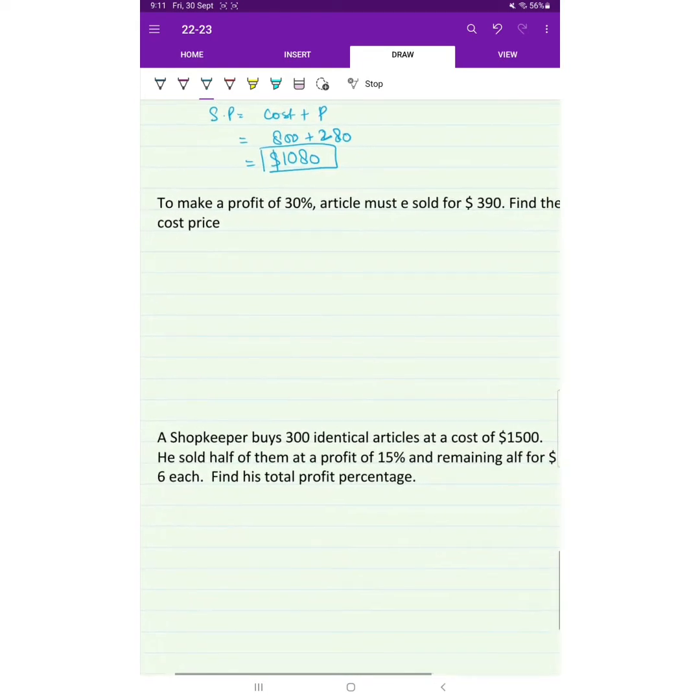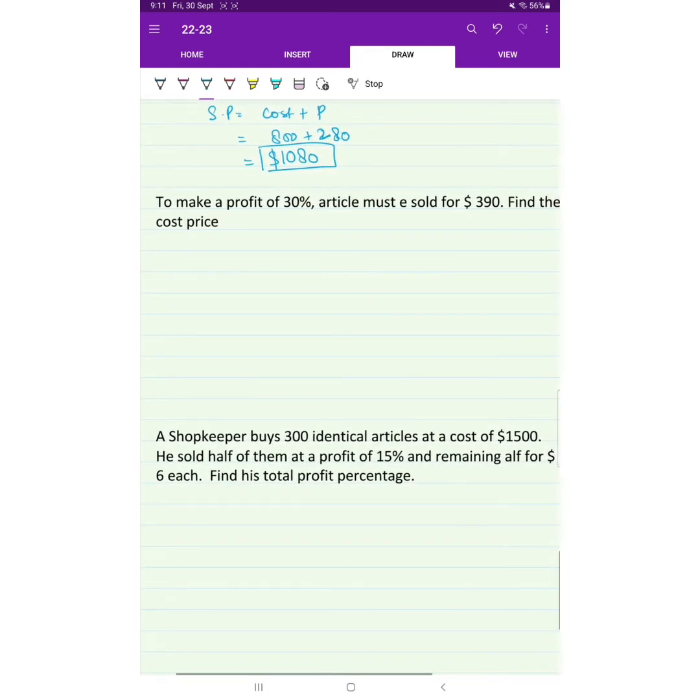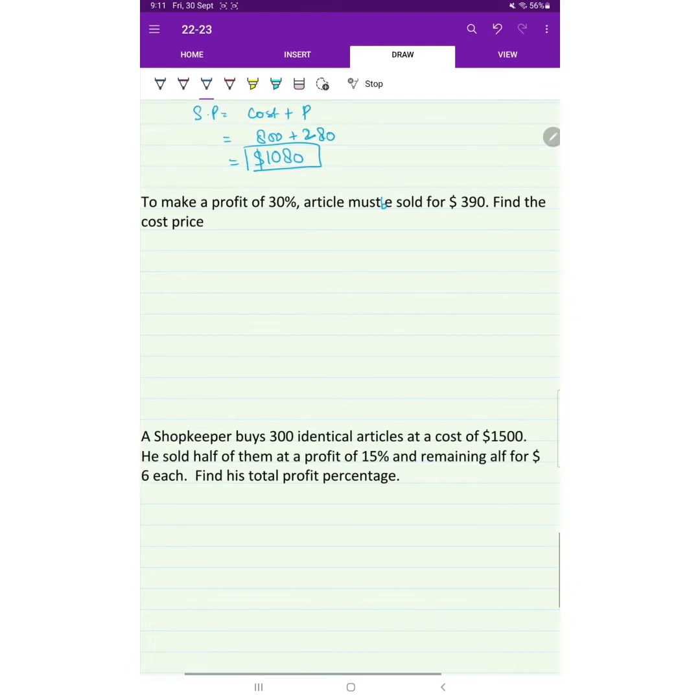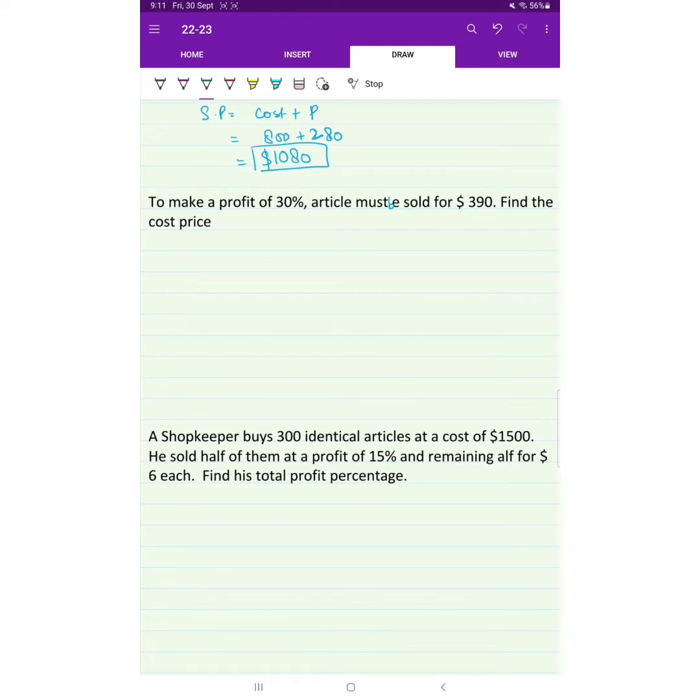It says to make a profit of 30%, the article must be sold for 390. Find the cost price. Again, they have given me the selling price. So I would say, because it says sold for 390,